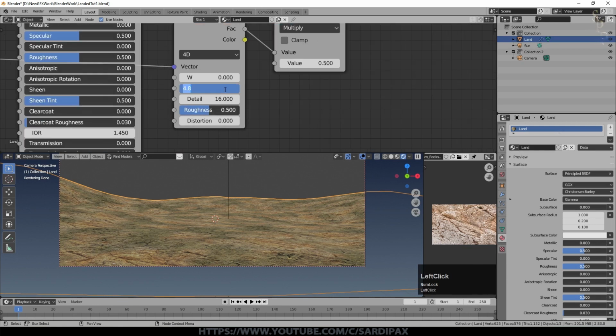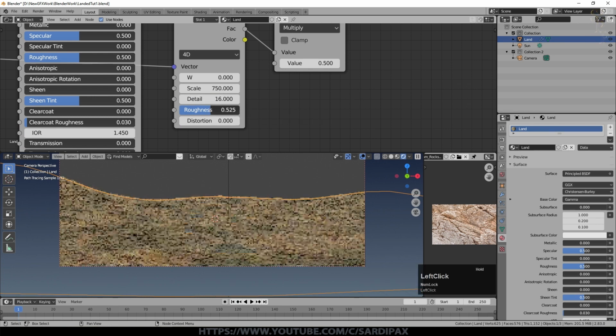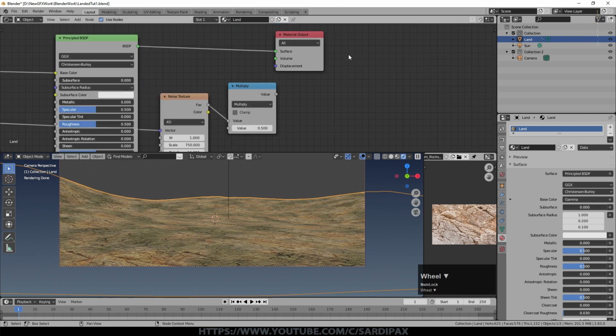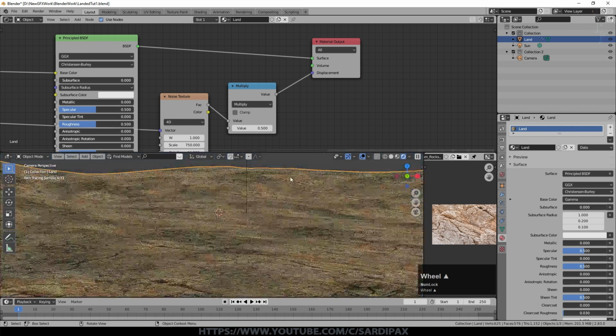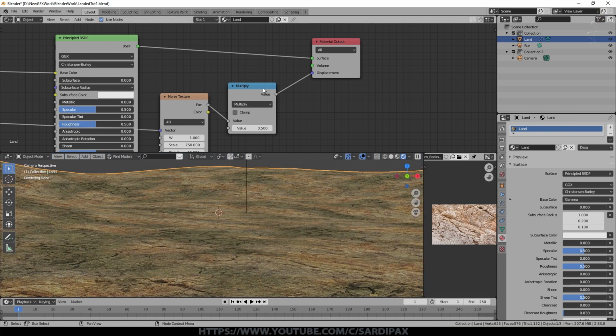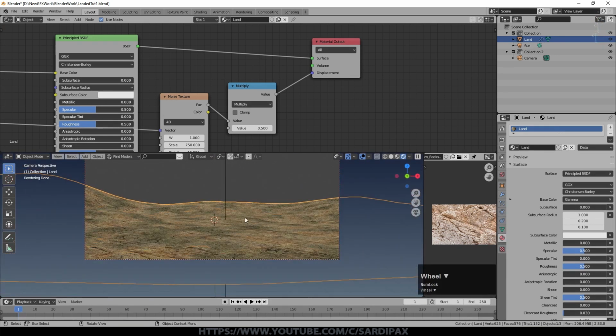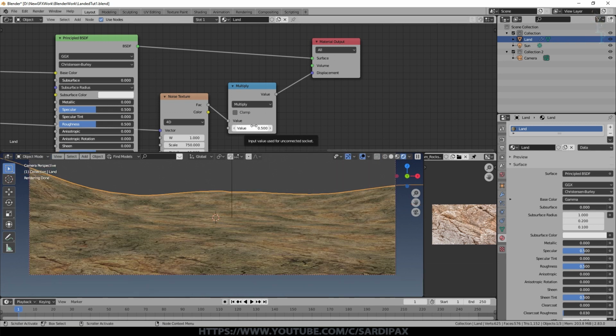I used a scale of about 750. Detail up at 16. You can actually go higher, but you need to type it in. I had a roughness that I increased slightly from the default to about 0.6 something. And I actually had W at 1. And now if I plug this into displacement, this just adds another little bit of fine detail to the surface. It's a subtle thing, but again, it's extra detail that isn't tied to the UV map border. It will change with height and so on. So it will just give this overall more contiguous landscape. And you can vary the amount of it by changing this value here.